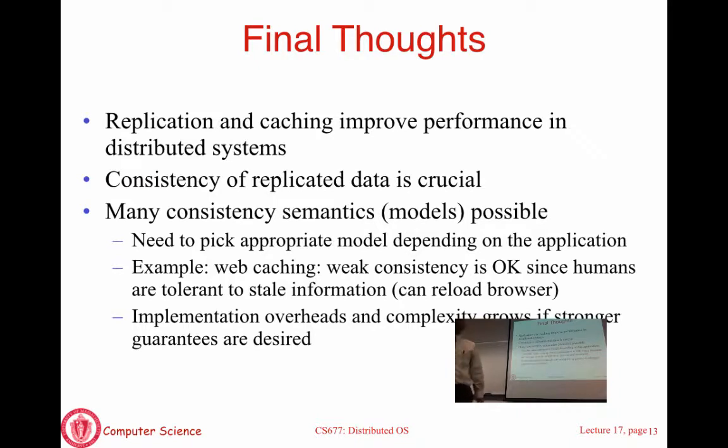If you are to design an application that involves replication, which you will in lab 3, you will have to decide what consistency semantics matter. Which of these semantics are you going to provide? How are you going to implement it? All of these are things you decide based on what kinds of guarantees are acceptable to the user and so on and so forth. This comes up in any application's design.